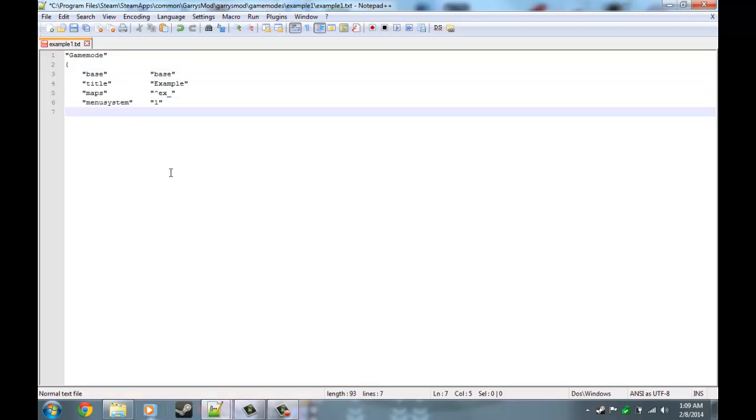Alright. Next is the workshop ID, which means that if you put this game mode in the workshop, you'd put the ID after this, but since we don't have one, we don't have to put anything down. Anyways,